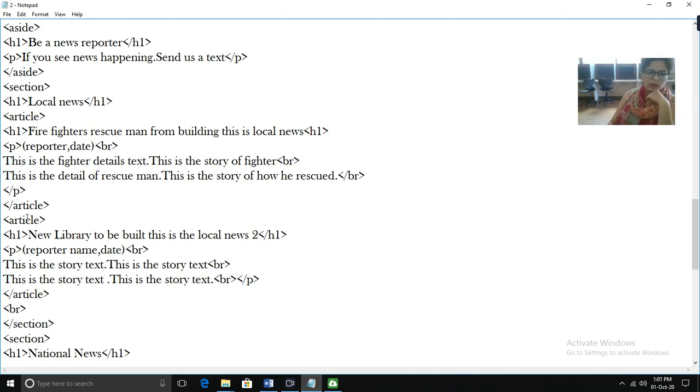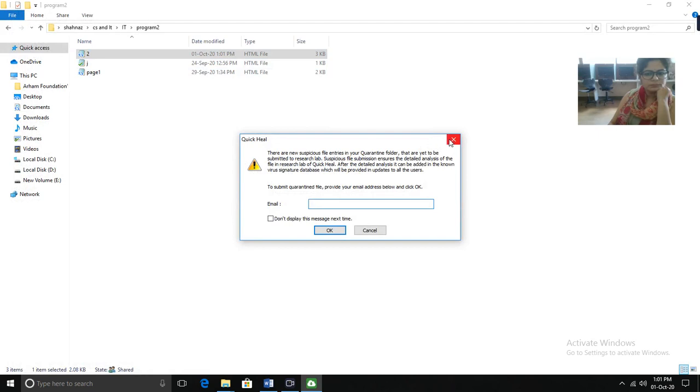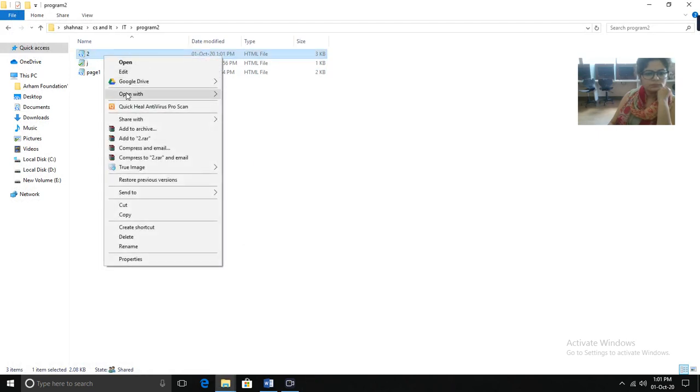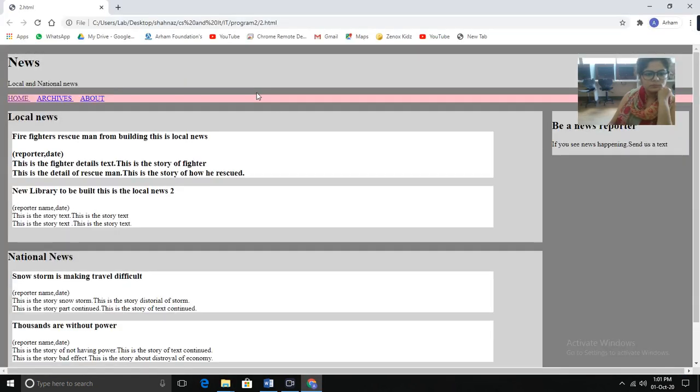Okay, now I will show you the output. See, this is the output. This is the one section part, and these are the two articles that we have created inside one section.